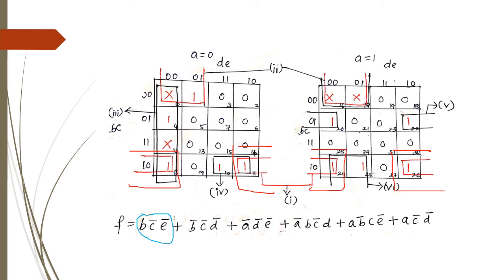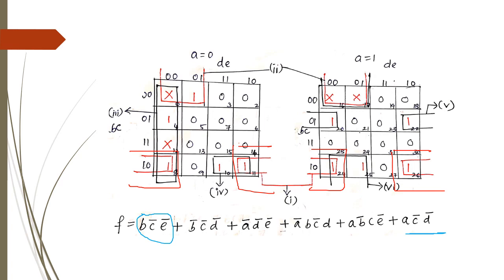Coming to the second grouping, you can see that a don't care can be grouped with any cells. So I can group this 0, 1 cell with the 16, 17 cell, correct? What I get is B bar, C bar and D bar. Next, I can group this 24, 25 cell with the 16, 17 cell, so that grouping can also be done. That is taken as the sixth one, corresponding to A, C bar, D bar.